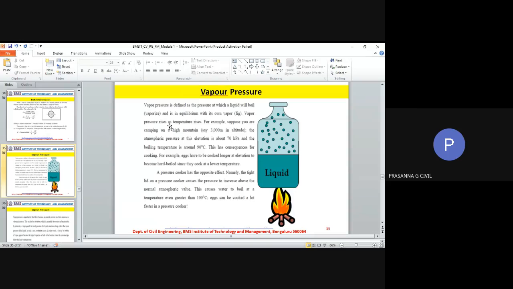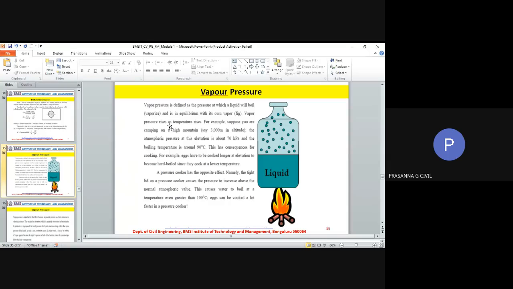And vapor pressure is the pressure exerted by the vapor on the surface of a fluid when you allow the fluid to vaporize inside a closed container. And it is influenced by the change in pressure. And because of vapor pressure, sometimes in liquids which are flowing in pipelines, or anywhere, it causes